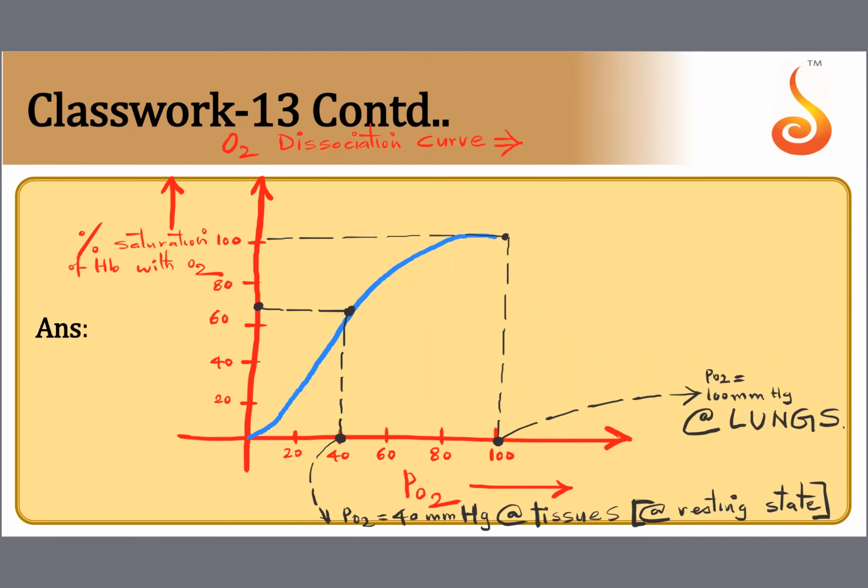Under certain circumstances, the oxygen dissociation curve will shift like this to the right. So I have drawn a new curve over here, that is the red curve, and it has shifted to the right. And this shifting of the hemoglobin oxygen dissociation curve to the right side is called the Bohr's shift, or it is called the Bohr's effect. You may ask why it is shifting like this. It is shifting like this because of conditions during exercise.